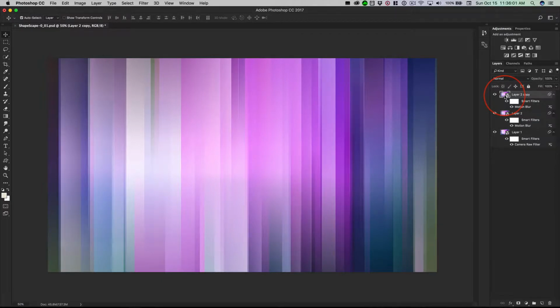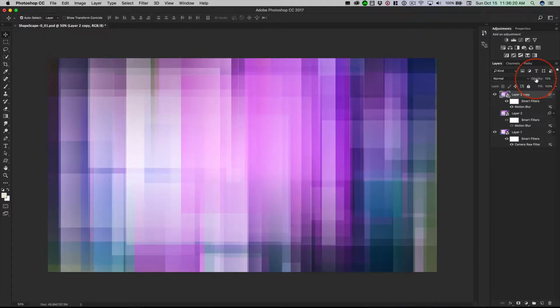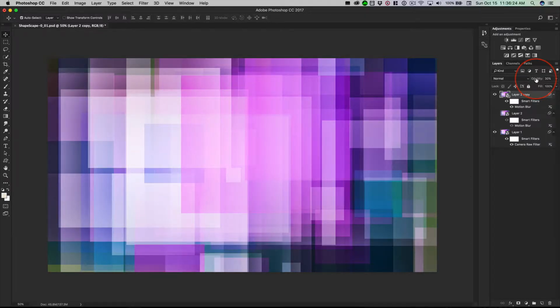Now, there are a couple options I want to show you here. The first one is we already ran through the blending modes and it wasn't that interesting. But what happens when we turn the layer off below it and then lower the opacity? I haven't talked about opacity shifts. We can click and drag to change this, or we can just hit numbers. If I hit the 7, it jumps to 70. If I hit the 3, it jumps to 30. If I type 5 twice quickly, it goes to 55. So you can easily move through these and say,